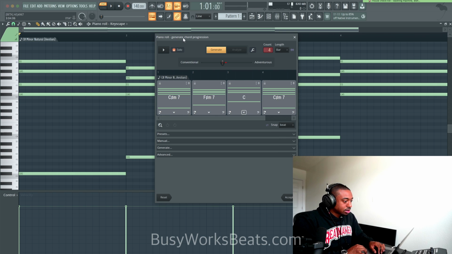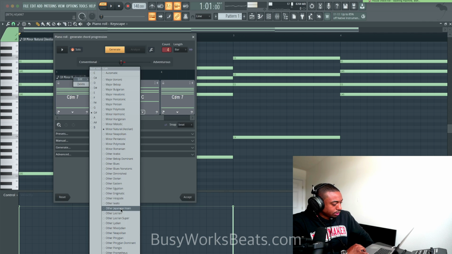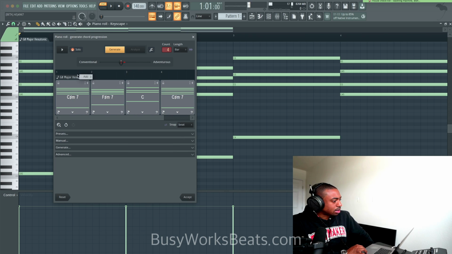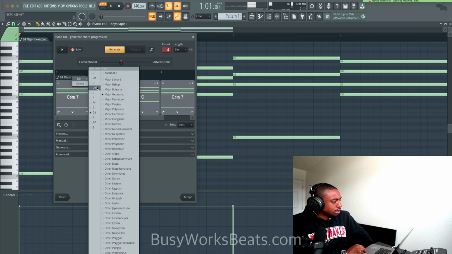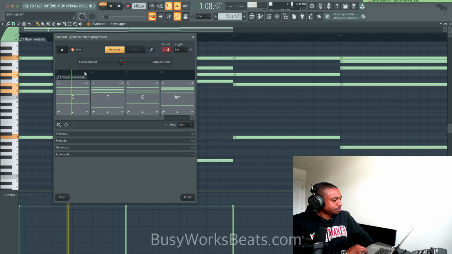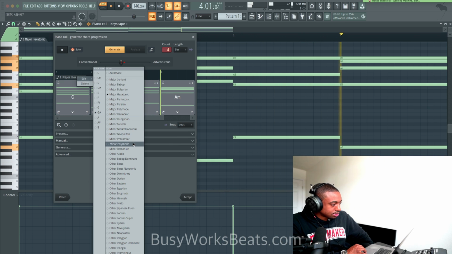Let's start from scratch. Okay, so let's right click, select your key, right click. Okay, and then select different ones. Let's try a different key this time. So it has major hexatonic, but it doesn't have minor hexatonic. That's very weird. Let's do major hexatonic. And then let's right click and switch it to like C major. And then we'll generate. ImageLine, we need the minor hexatonic.